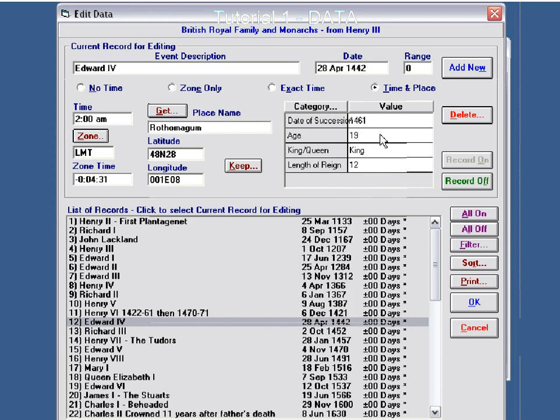Now, the importance of this is category and value. Any type of data you put into Jigsaw, you can put these categories in. It's unlimited to the number of categories you can construct. You just write whatever you want in there, and you assign whether it's a number, a set choice of one or two things, or something you just write something in. And you'll see later on when we dip into research that becomes extremely important and extremely handy.